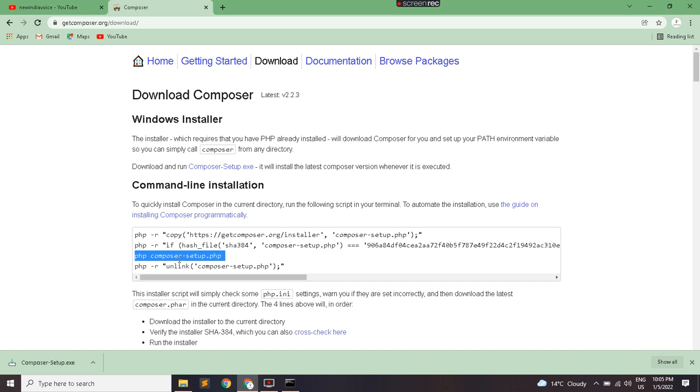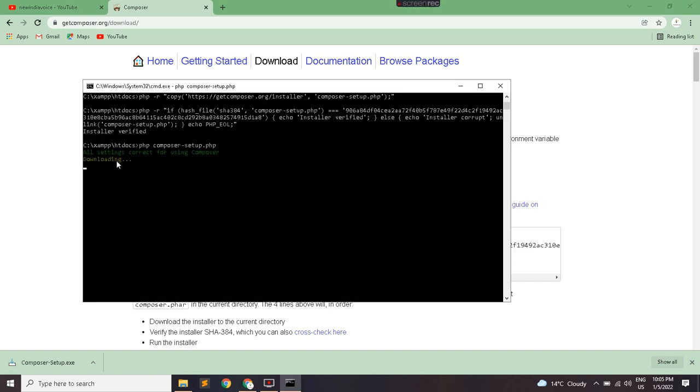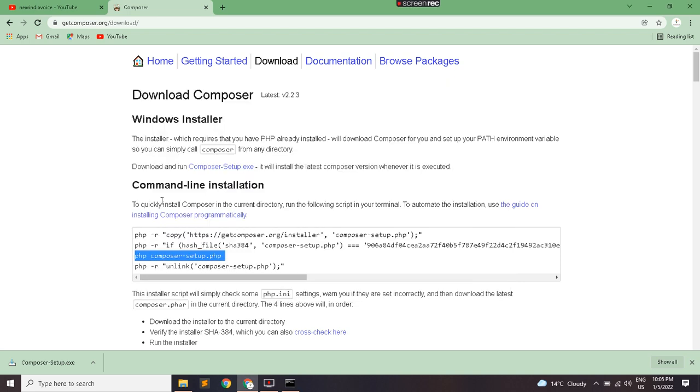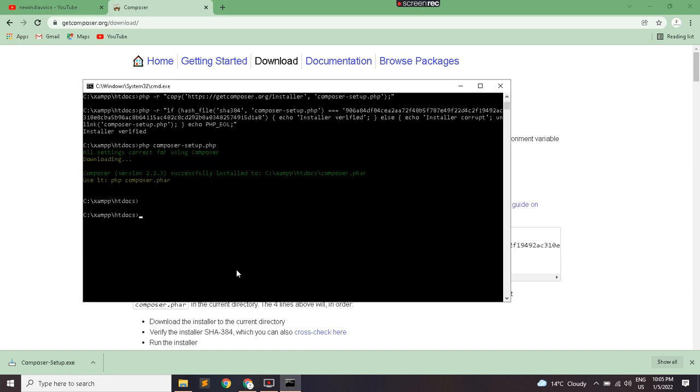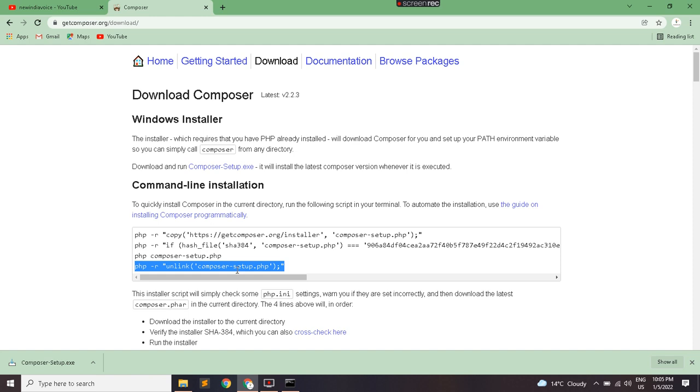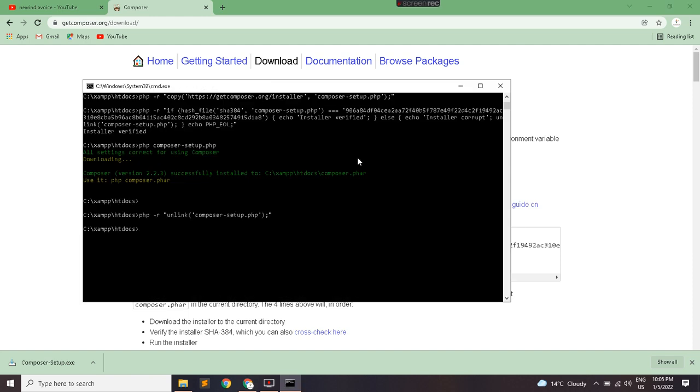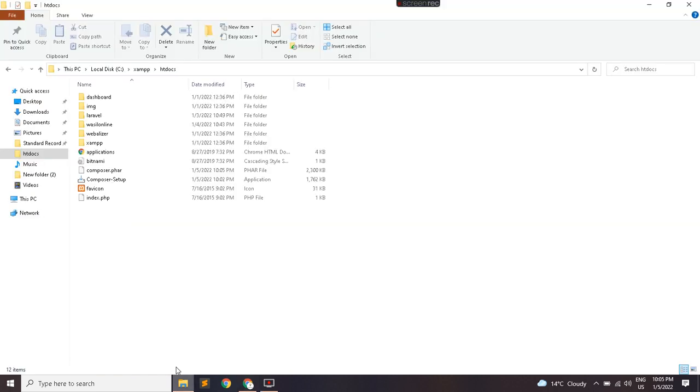Now I will download the PHP Composer setup.php. You have to run these one by one. If you do this one by one and step by step, then it will definitely be done. And now downloading, you can see that my PHAR file has been downloaded to my folder. Now I will run the last command. This command is not as important, but you have to run it. Just because of that, the installer and uninstaller are both installed in your PC this way. So here I did this also. Okay, so this way my Composer has been installed in my PC. Now I will show you in my htdocs folder that composer.phar appears here.